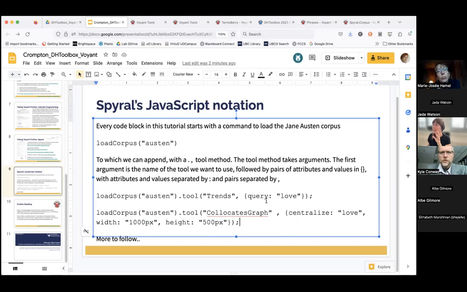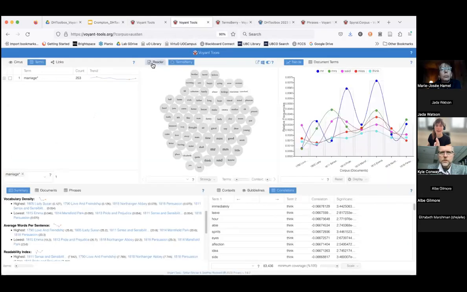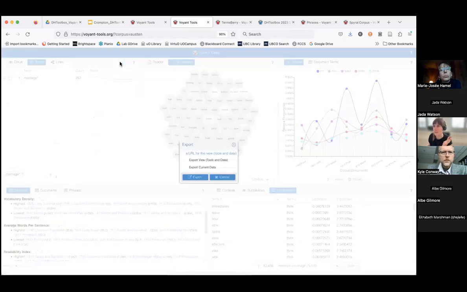Let's see that live. Oh, do you know what I did not say when we were looking at actual Voyant was how to extract your content, which is just useful in that you may want to. I just sort of, in a hand-wavy way, said this will live on a website. There's an export here. The reason I want to point out how the export works is that you can do more sophisticated exports in Spiral. But so I can export a URL for the tool,